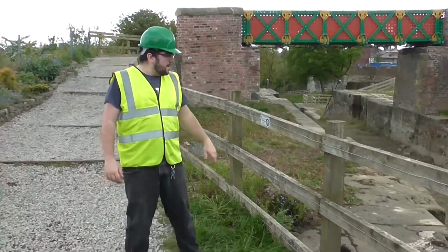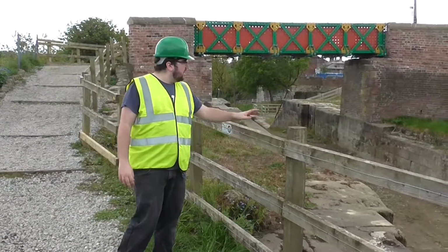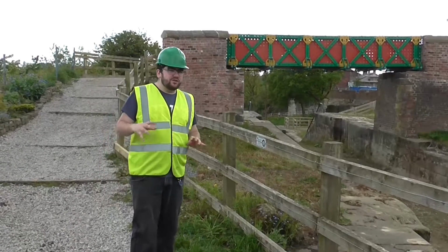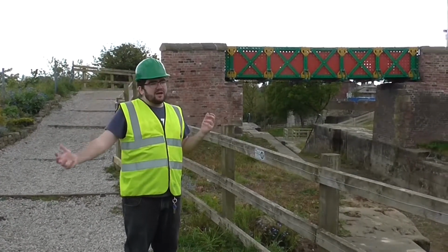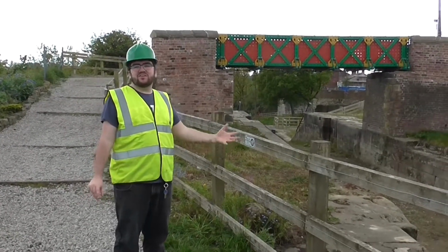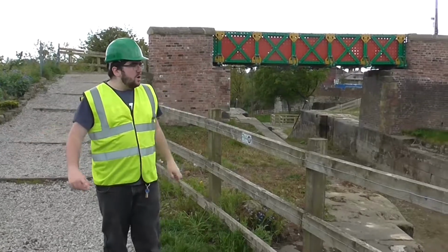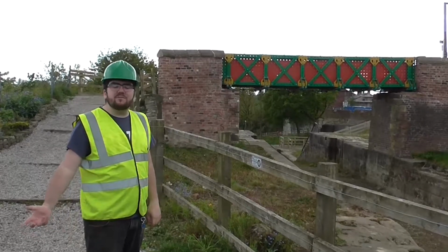The reason for this fencing, if I've not mentioned before, the locks are an extremely dangerous site. You know, you've got rubble, you've got glass, you've got drops, which is why it had to be fenced off before we could do any work. So we have to repair the fencing. We can't just let it be open, which is a real nightmare honestly, but unfortunately we get those types of people who've got nothing better